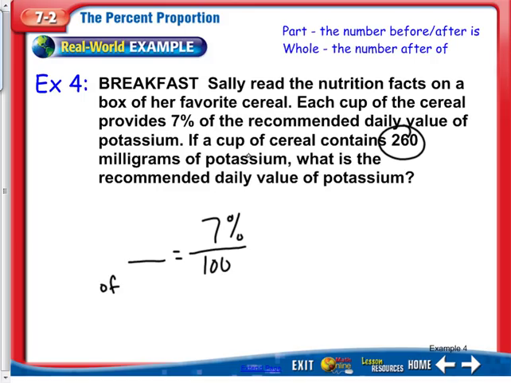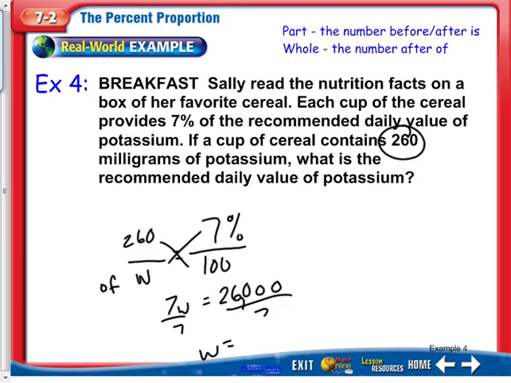Now it also says if a cup contains 260 milligrams, what is the recommended daily value? So it sounds like we need to put 260 up here because each cup is 260 milligrams, and also each cup is 7%. So we kind of match those things up. And then we're going to write a W because we're trying to find the whole. So now we need to cross multiply. So 7 times W and 260 times 100. So 7W equals 26,000. Okay, now we divide by 7 on both sides to get W